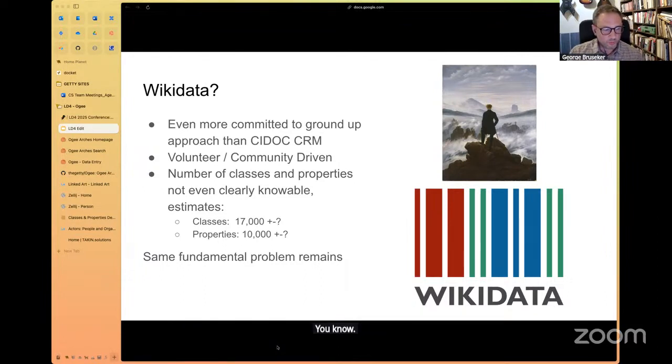I've already pointed to some great advantages of CIDOC CRM and then the problems of absorbing it.